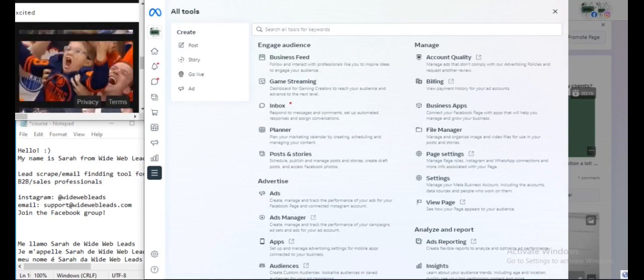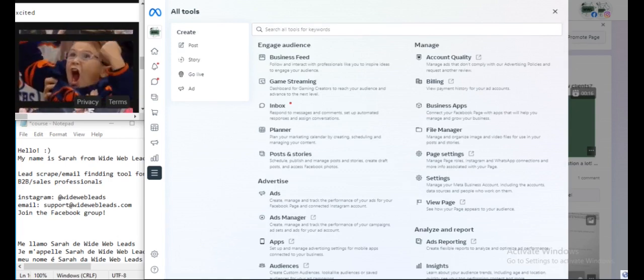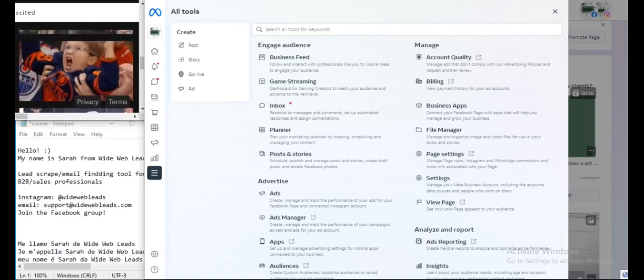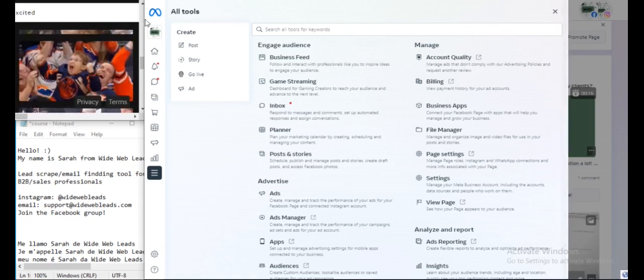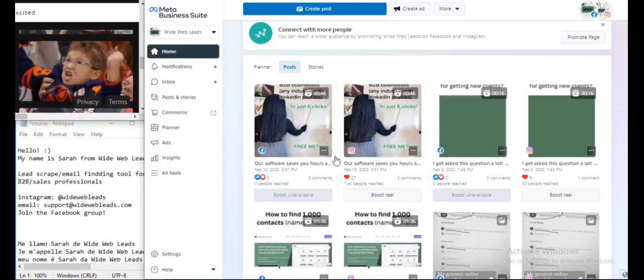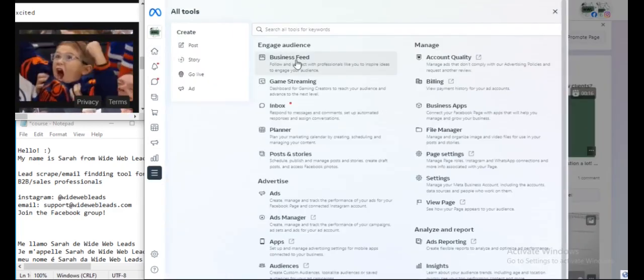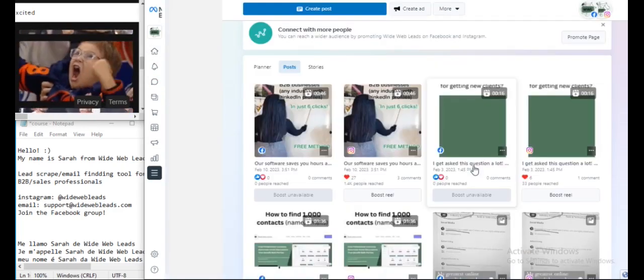You go to business.facebook.com. They're going to ask you to sign in and sign in through your Facebook page or whichever, and you will do so. And when you do that, it will bring you to the home page, which is what you just saw there. Now I am going to go to all tools and then business settings.